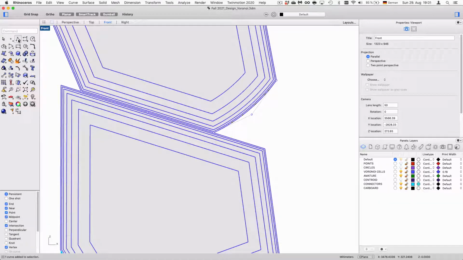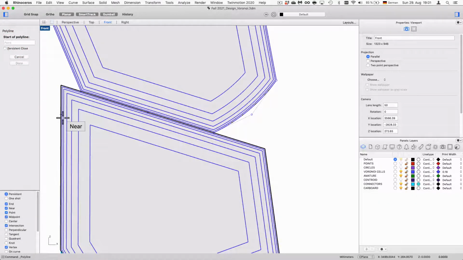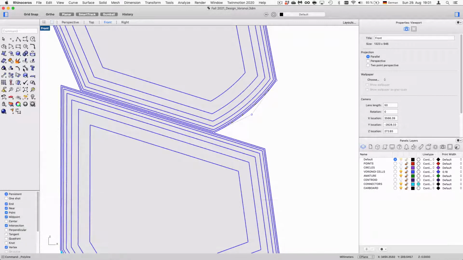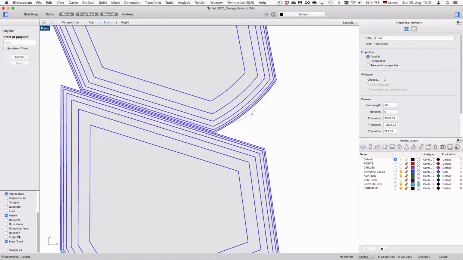So what you want to do is, again, maybe you start with your polyline. Make sure you project, so we are exactly on the construction plane here, and now you just want to go, or it depends on which kind of connector you're going to build. Let's say we want to have it from here and over here,